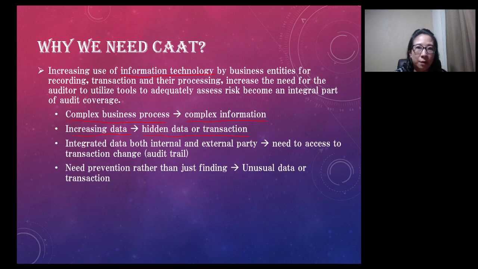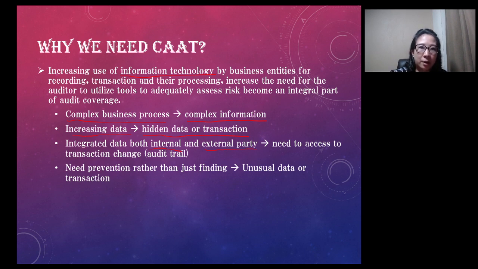And by using information technology, nowadays companies already have integrated data, on the internal side, where the data is shared between a lot of functional departments. For example, the material master data doesn't only belong to the inventory department, but can also be used by other functional areas like sales, purchasing and others. So the data doesn't belong to only one person, it's shared among many people. And the data can also be shared